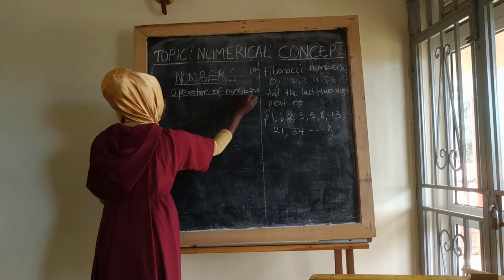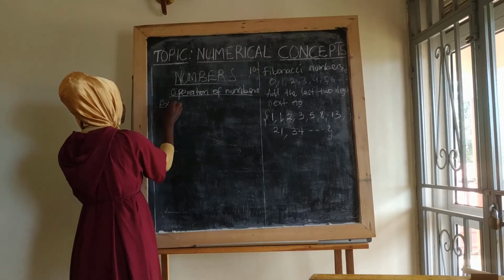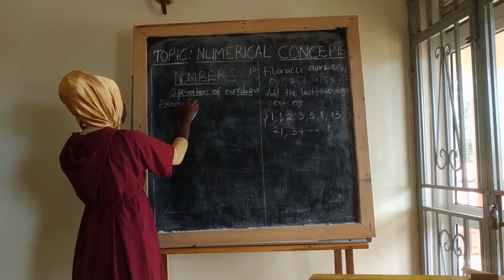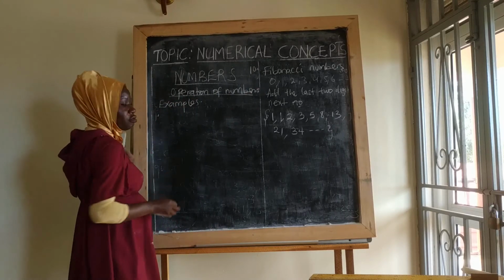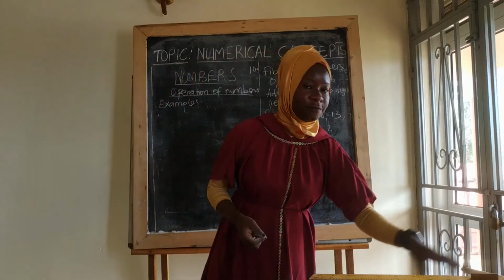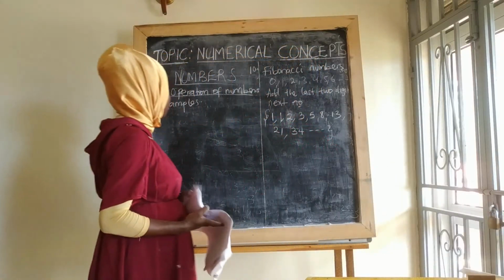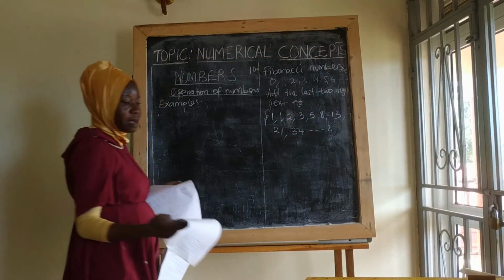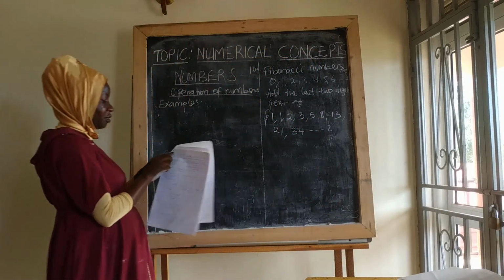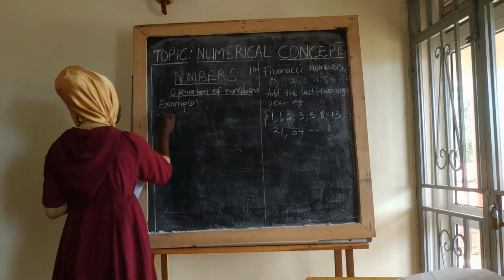And we have examples. So we shall simply be looking at some of the examples that involve the knowledge we have obtained about numbers. And our first example says, given